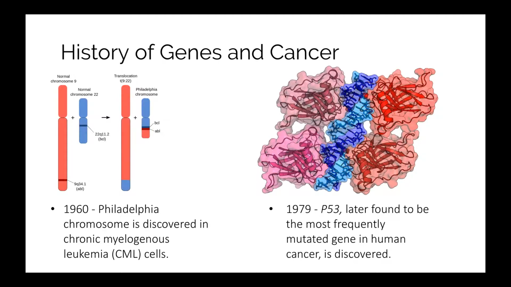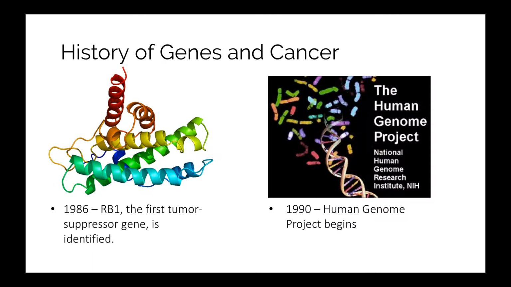The next two major milestones were the discovery of tumor suppressor genes. So in 1979, P53, which was at the time thought to be an oncogene, was discovered. It is a tumor suppressor gene and the most frequently mutated gene in human cancer. Now, this, along with RB1, a retinoblastoma gene, were two tumor suppressor genes that were found to be very important in cancer. And understanding how malignant tumors shut down their tumor suppressing abilities was very critical to research that developed